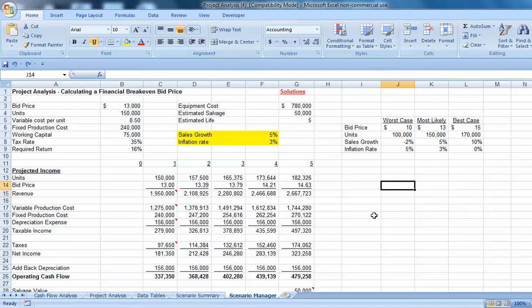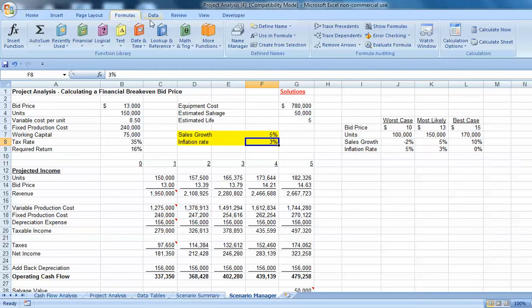Let's go ahead and undo that. The other cells I wanted to name were sales growth and inflation rate. In this case, again, I can either go to the name box and type in sales underscore growth and hit enter, or I can come down to the cell itself, select the Formula tab,